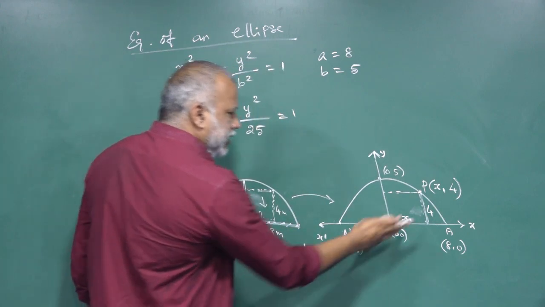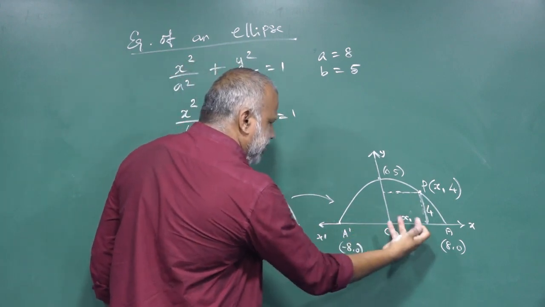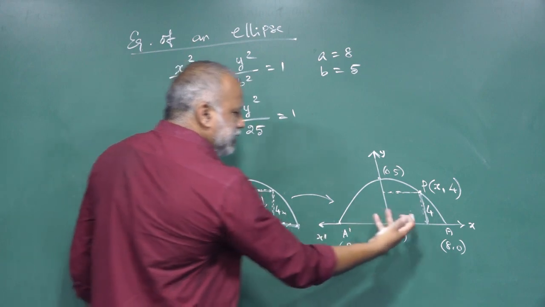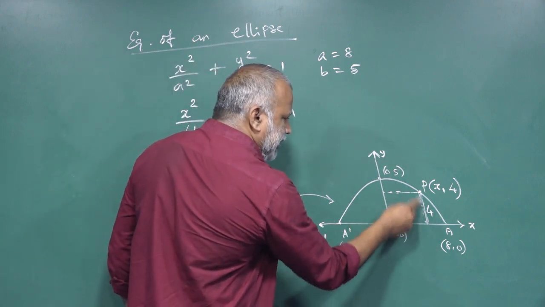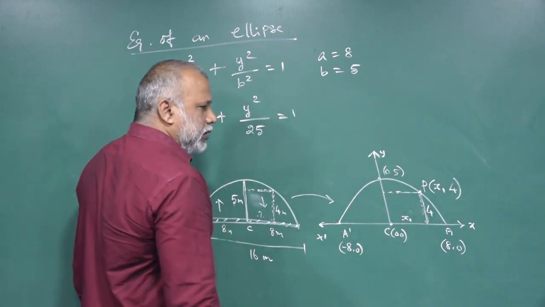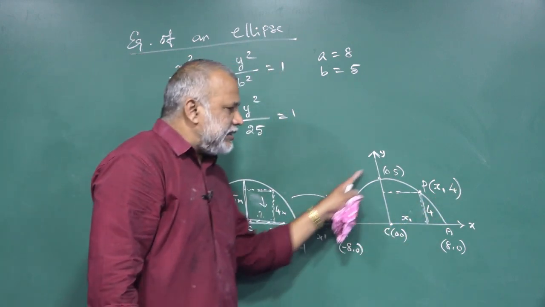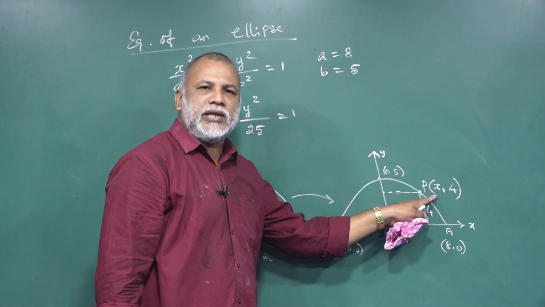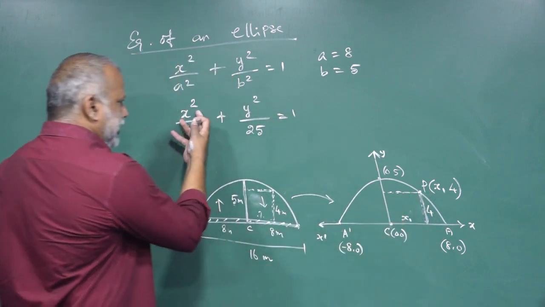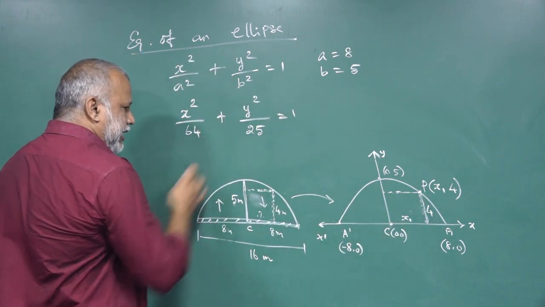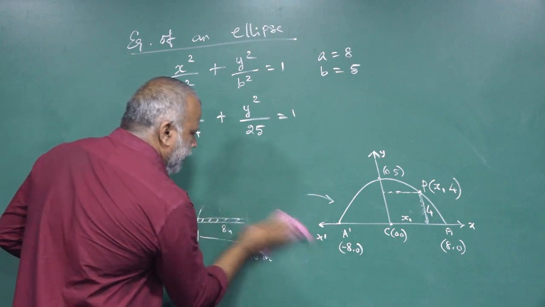See the diagram. We have to find the width. Width is nothing but the x quantity, so I can take it as x1. Height is nothing but the y quantity, so 4. So I am taking a point (x1, 4). Now this ellipse is passing through the point (x1, 4). So this is the equation of an ellipse. Now this equation is passing through